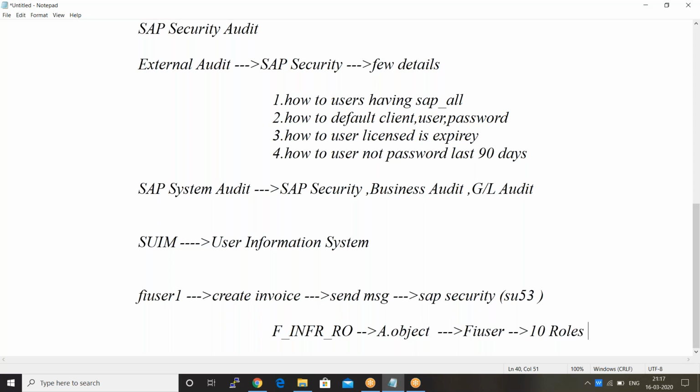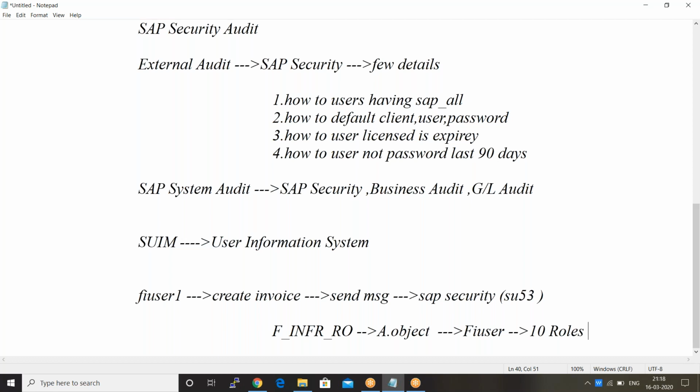This is your daily facing issue in real time. Do you understand my concept here? You are finding a solution because some of the authorization is missing. For this authorization object, if that user has only one role, you directly go to that role, go to PFCG, and change it. It is sufficient. That is automatically done.